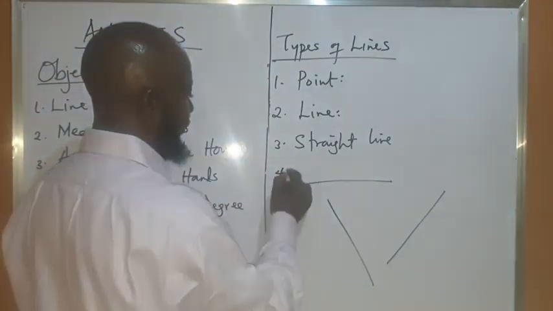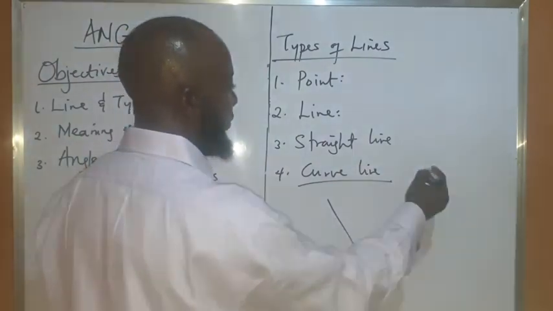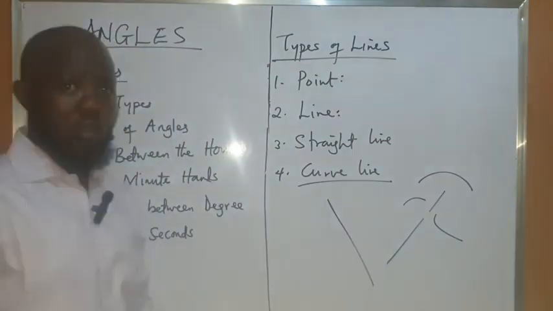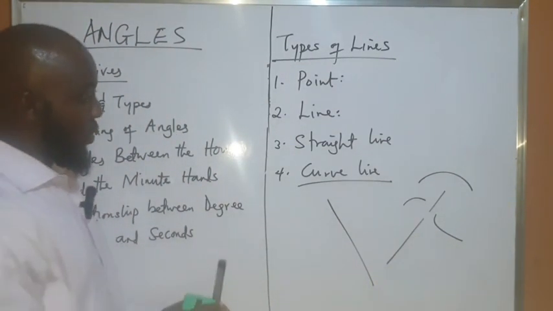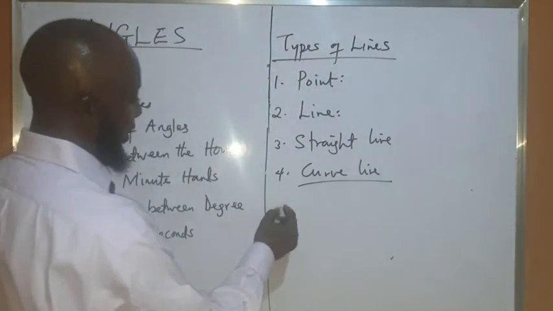Then we have curved line. A curved line will be bent just like this, like this, like this. All these ones are curved lines. Alright? Then we also have another one that we want to look at, which is what we call